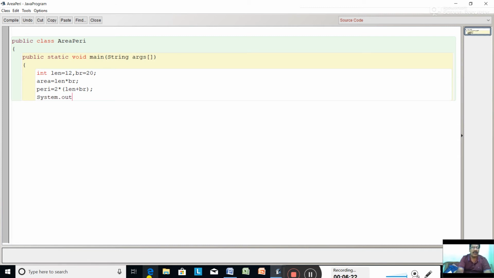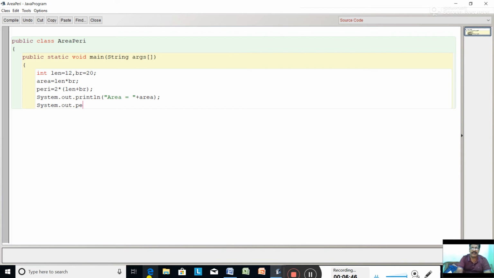Now the printing line System dot out dot println, bracket, double quote area equal to double quote plus area, same variable name, semicolon. Again print System dot out dot println.